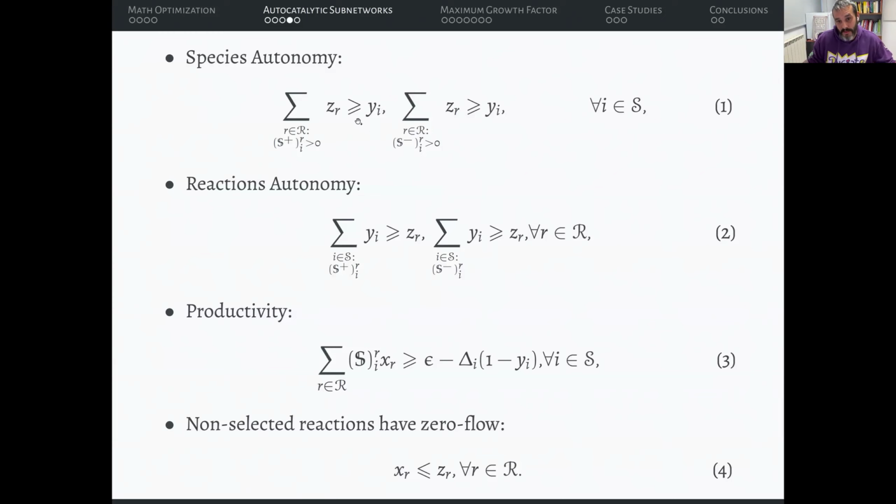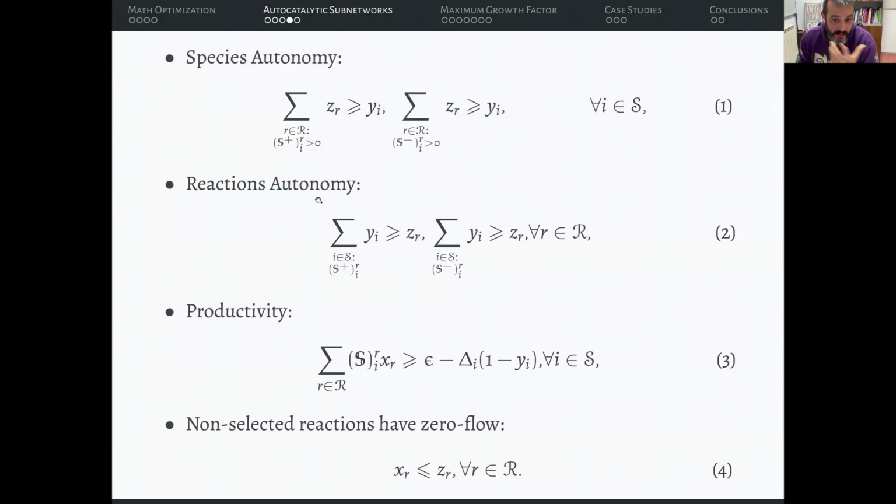I don't know which are the values of the C and the Y. This is the goal of the math optimization problem, to select the best combination of C and Y variables with some goal to minimize or maximize, which I will let you know later. But that's something which is usual in math optimization, which is to try to find the best way to model logical conditions into linear equations or nonlinear equations. So this is species autonomy.